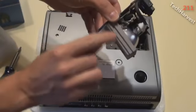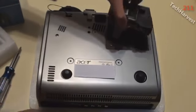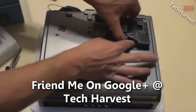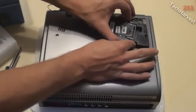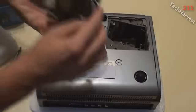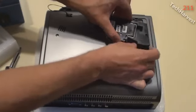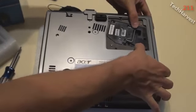Now there's a groove here on the casing. It seems like it's an aluminum casing, and it fits into a groove right here. So I just want to guide it through there and slide this in. Now hopefully this goes in without a hitch. Now these two plugs here have to plug into here, so okay, I think I got it. Seat it in, push it down,